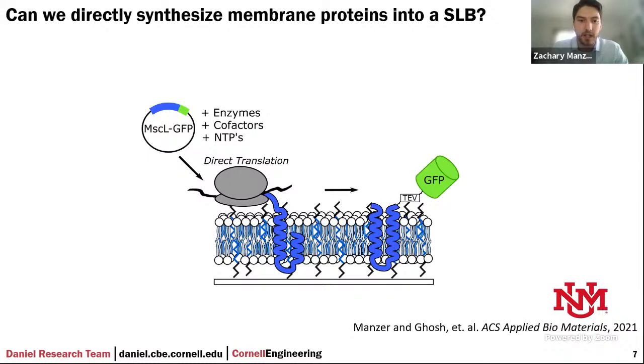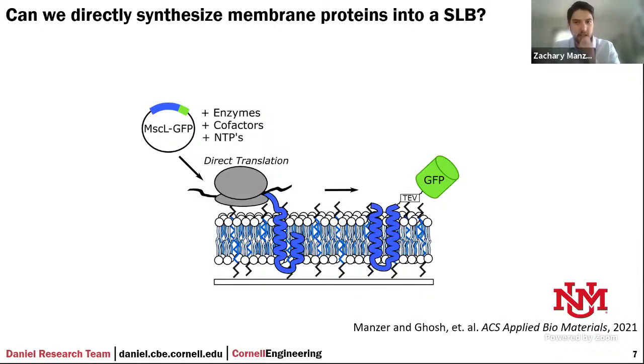And this led to a publication that we recently got out in ACS Applied Biomaterials. I'd highly encourage you all to check it out if you haven't already. What we do here is we form a hybrid supported lipid bilayer made of lipids and diblock copolymers and use cell-free synthesis, which I know a lot of us are familiar with, but very briefly, you can isolate the machinery for protein synthesis outside of a cell, either in a purified format or in a cell lysate format. Add in a piece of DNA of interest, and then you can directly incorporate it on demand into your membrane